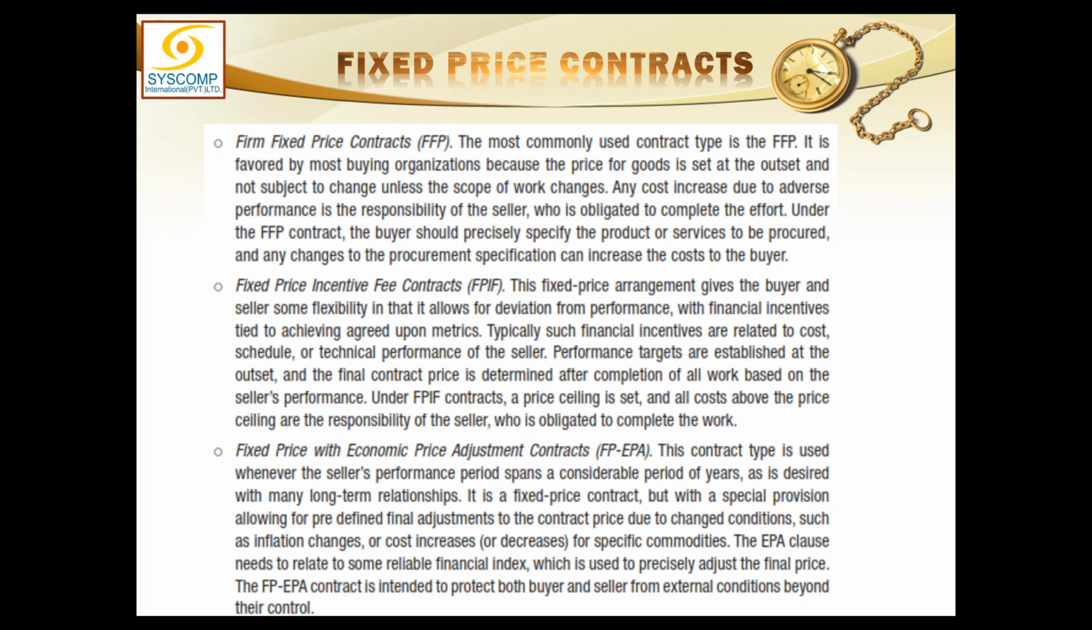The third type is fixed price with economic price adjustment contracts, EPA, economic price adjustment. Such type of contracts are where there is some international funding or dollar parity involved in it, or in your country the currency of your country is not very stable and it keeps fluctuating with regard to the